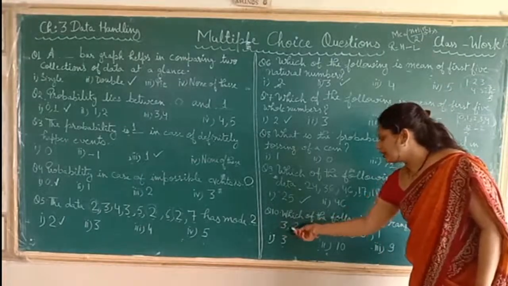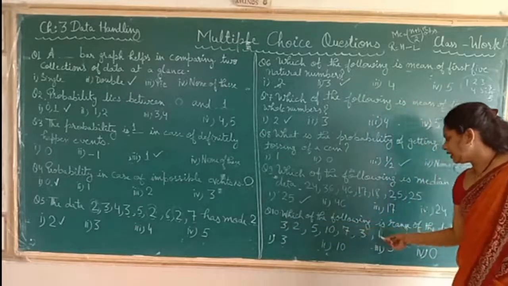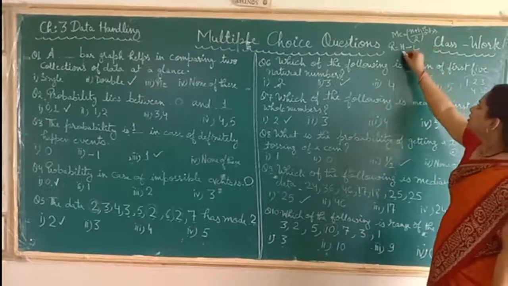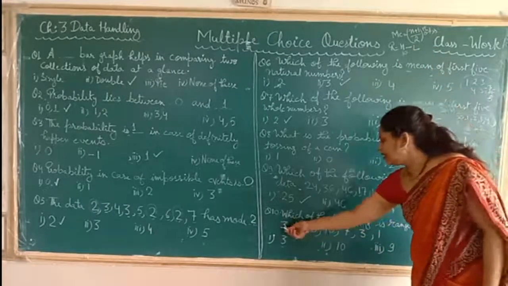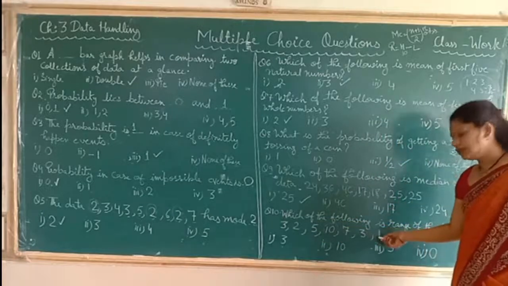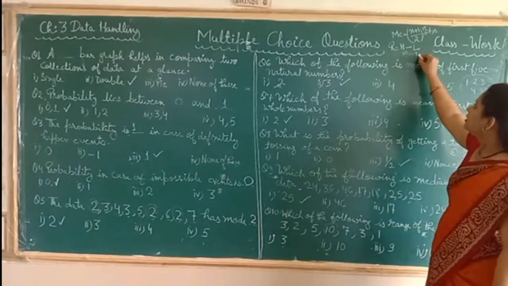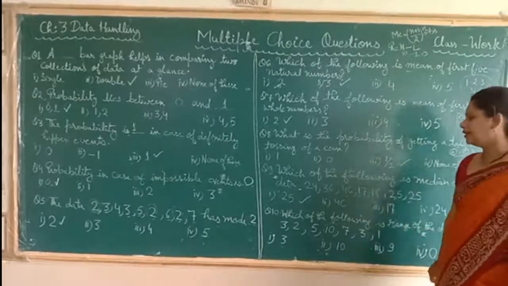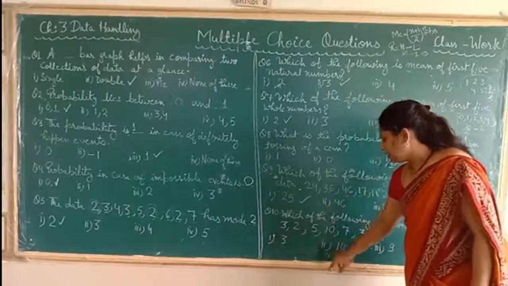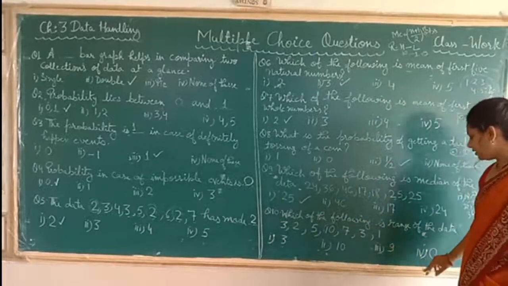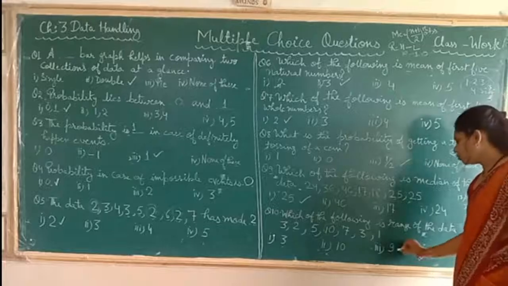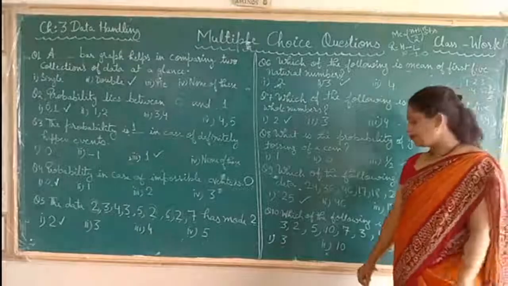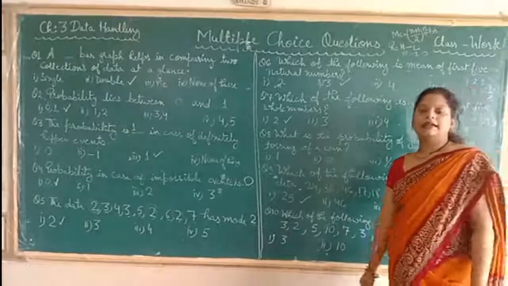Here we have been given 3, 2, 5, 10, 7, 3, 1. So the highest observation is 10. And which is the least observation, the lowest? Lowest is 1 here. So 10 minus 1 equals 9. 9 is the range of this data. Here option number 1 is 3, option number 2 is 10, option number 3 is 9 and option number 4 is 0. So we got the answer option number 3, 9. So this is the range of this data. This is your class 4